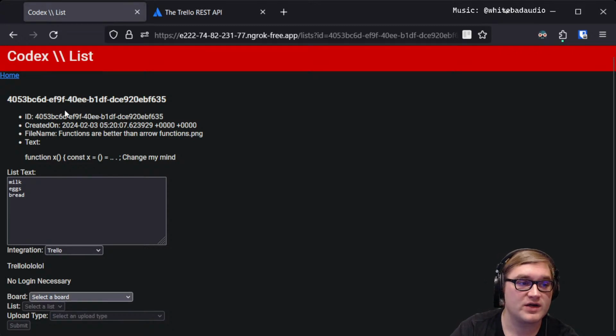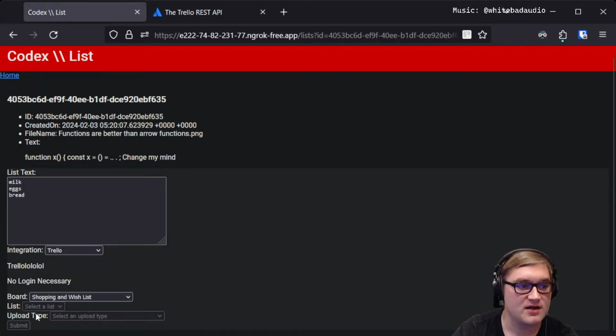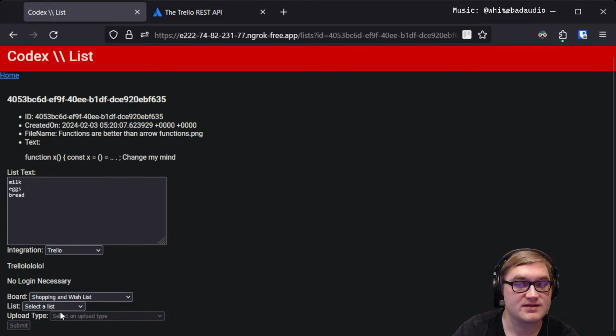We go in here and we say grab the list of boards. So we select our board. So we're gonna do shopping and wish lists, right? And then we wait. But you'll also notice when we go in here, so we've got the list of boards and